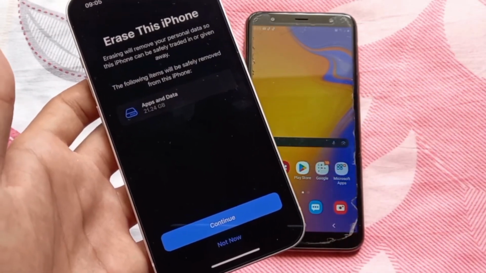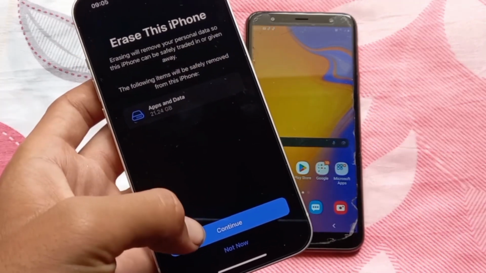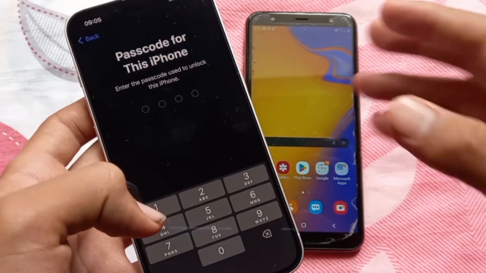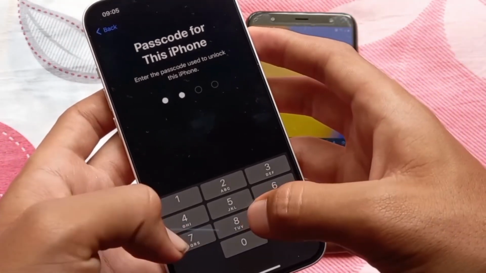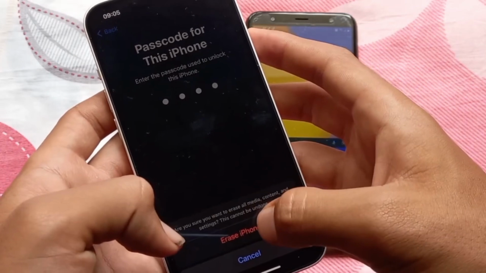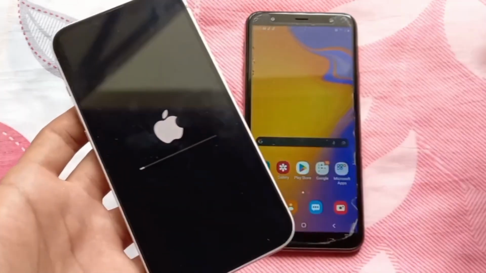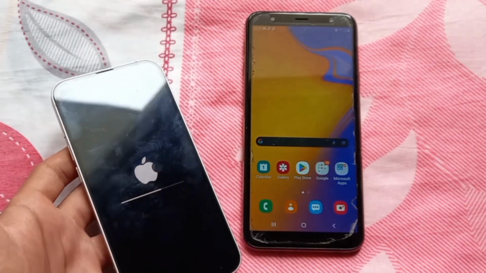and then you need to continue. After that it will ask for your passcode. Now enter your passcode and then you can just select the Erase iPhone option here. It will take some minutes